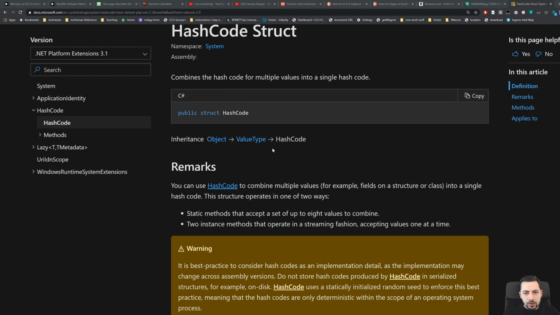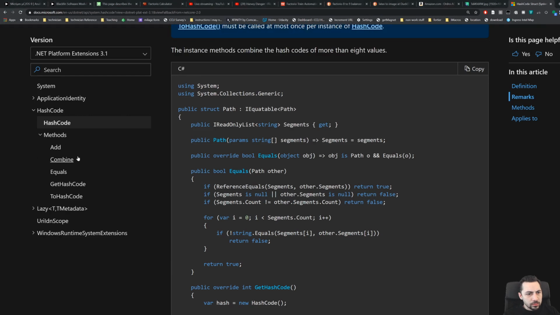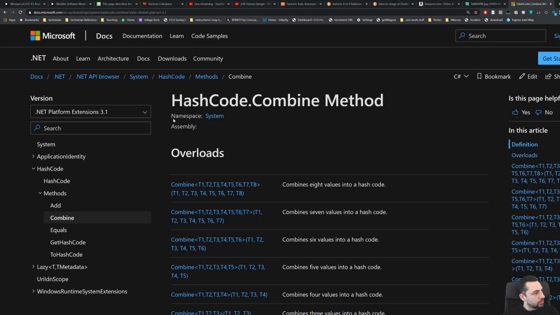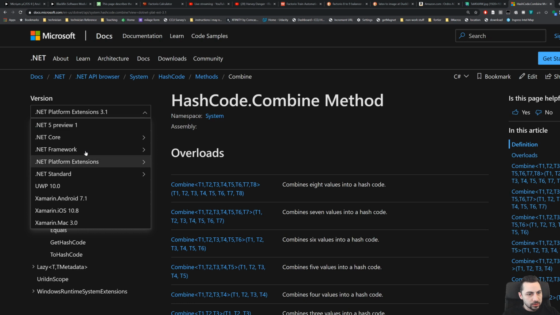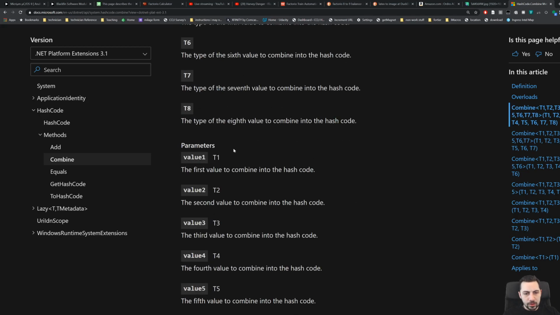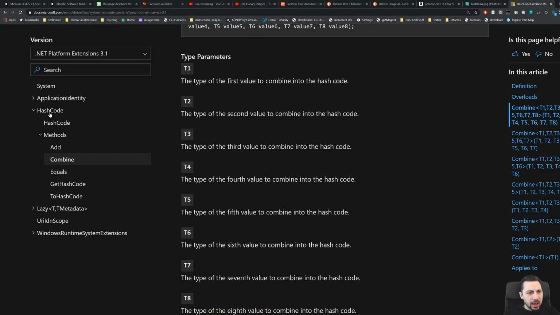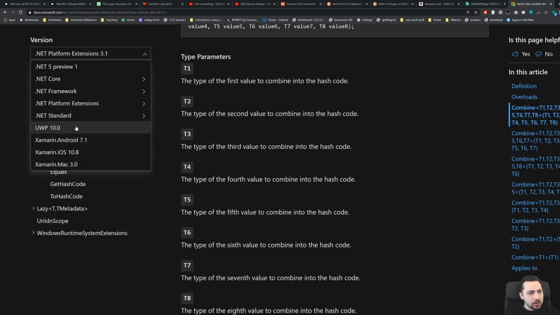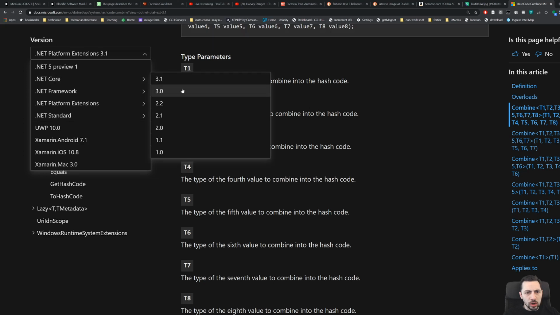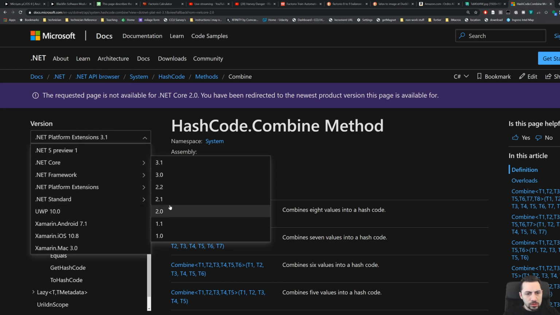At the risk of doing that. So there's a HashCode structure, and then you can actually combine two hash codes. So this will be an implementation detail for whatever .NET framework you're using. Okay. But you can say Combine, and up to 8 things if you want. Okay. So I'm not sure what I am missing here and why HashCode is not showing up. I thought that it was .NET Core 2.0. No, .NET Core 2.0.